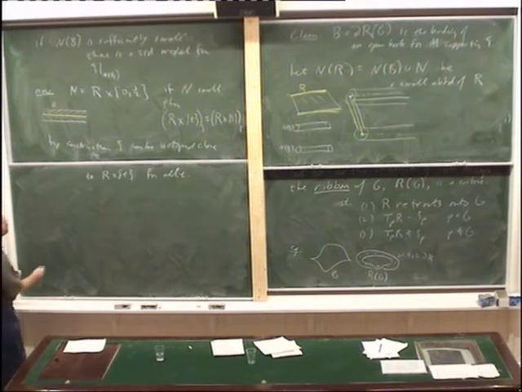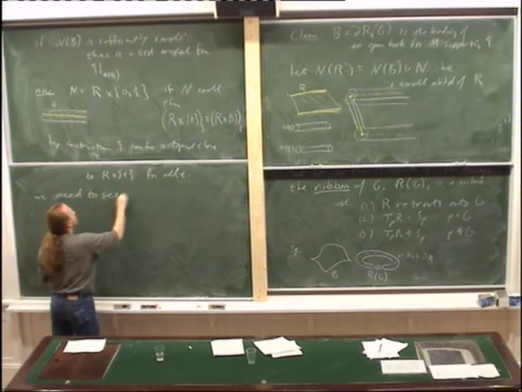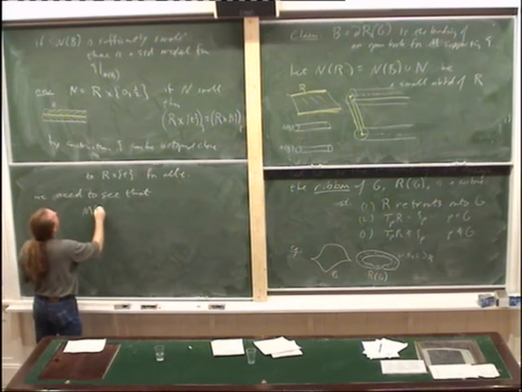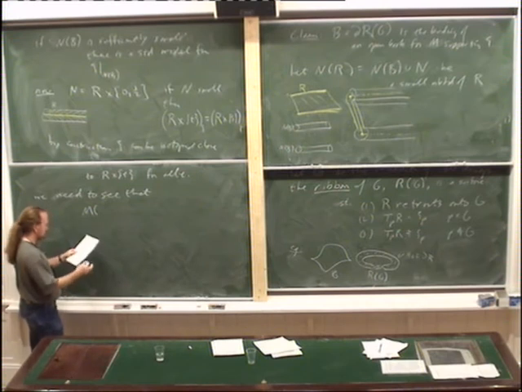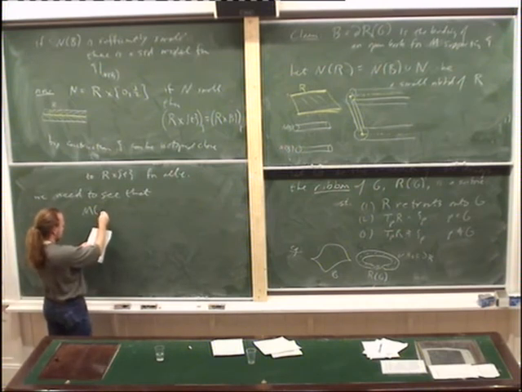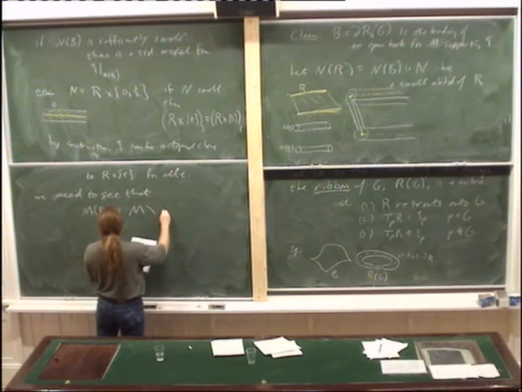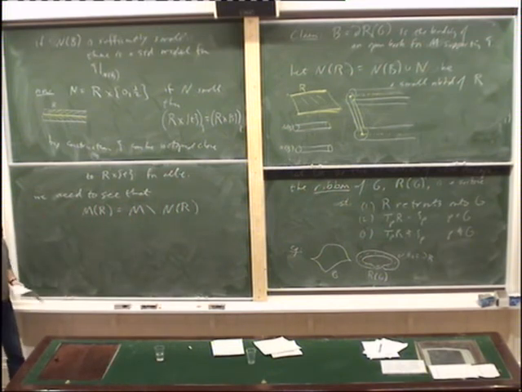So what we've got left to do, we need to see that M, what did I call it in the notes, M_R equal to M minus N_R. So if you just remove this neighborhood, we need to see that this